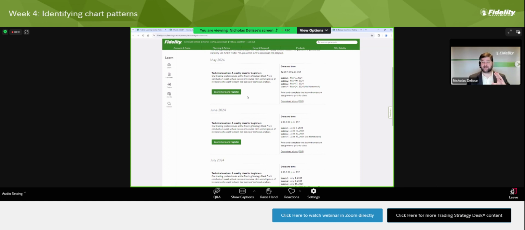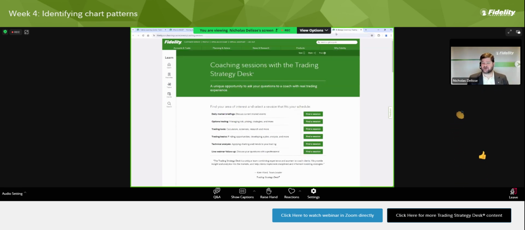Now, these are of course the classrooms. This is where you can download the slides in addition to the homework assignments as well. I do believe, though, this might only be showing part of the slides versus all the slides, because I have a couple different slide decks with this. But if you want to learn more about technical analysis over and above this,